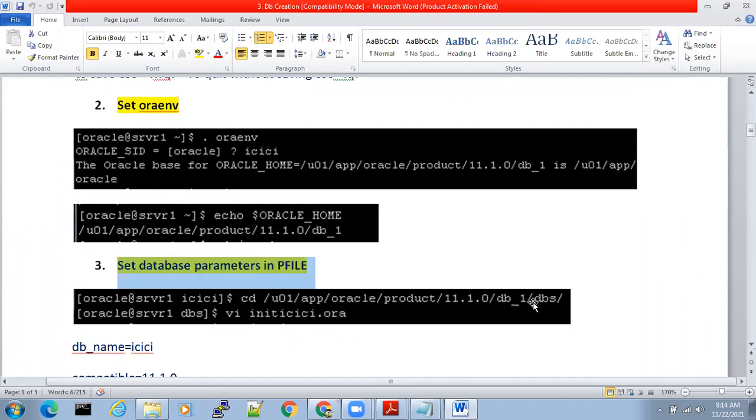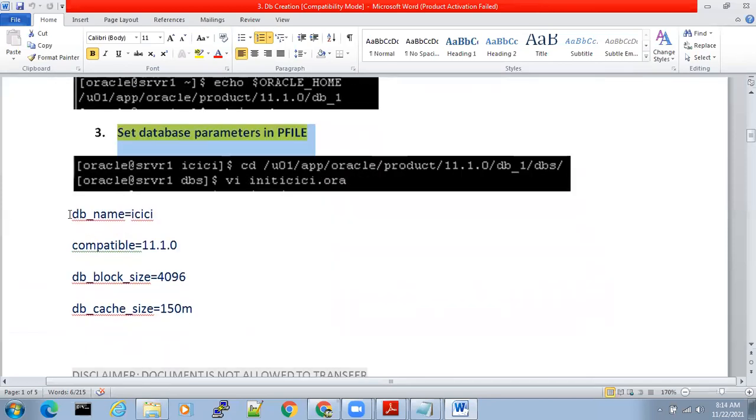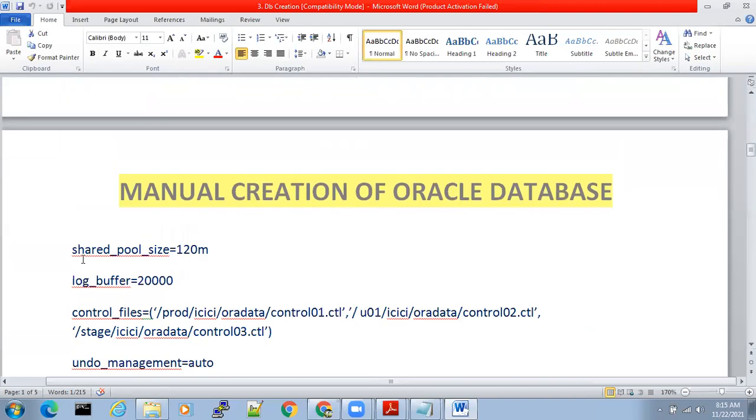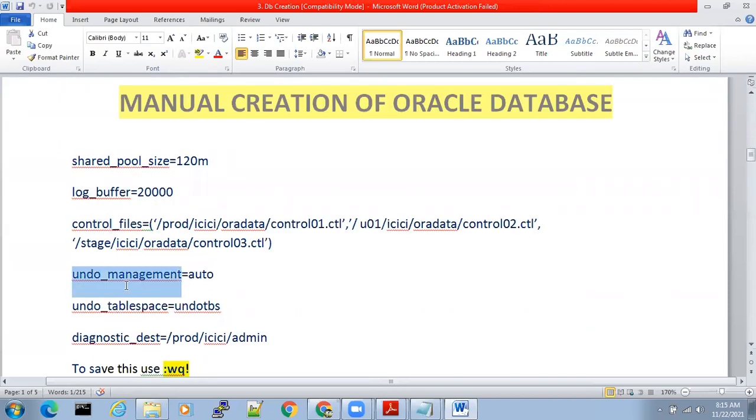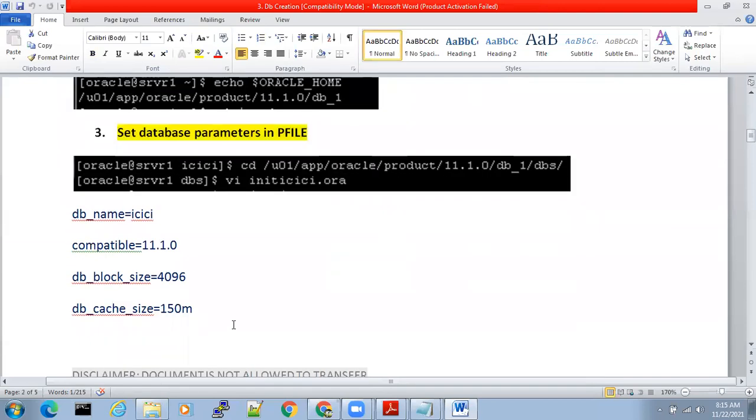You went to the location Oracle Home DBS, and you gave these parameters in vi init database name dot ora: DB_NAME, compatible, DB block size, DB cache size, shared pool size, log buffer, control file, undo management, undo tablespace, diagnostic dest. You wrote these parameters, then only your database was created. Do you remember this? Yes, sir. Everyone remembers, right?